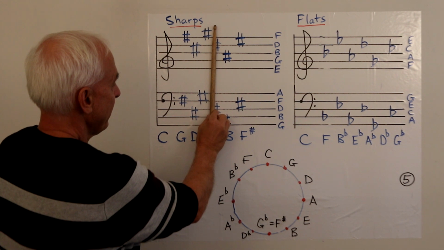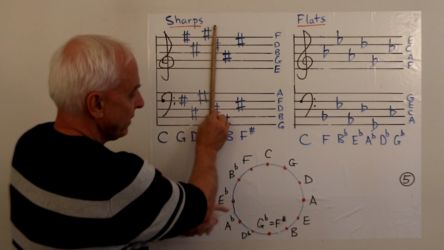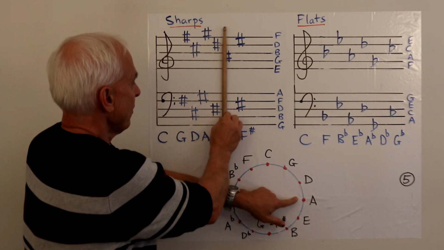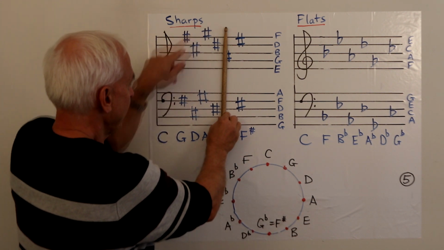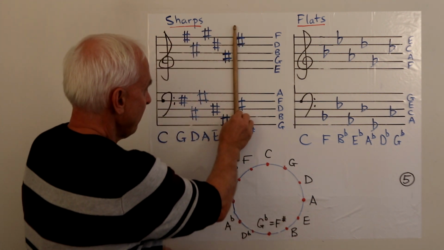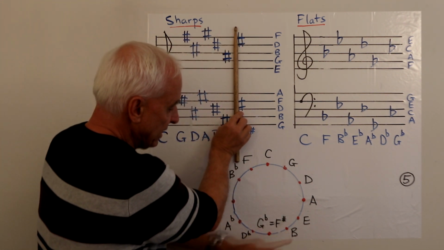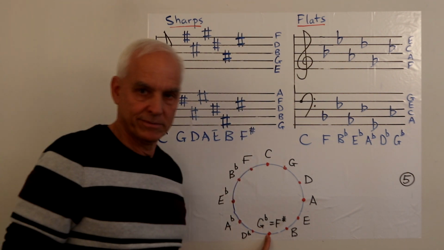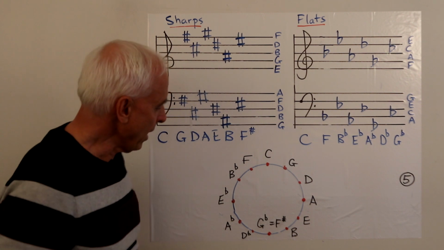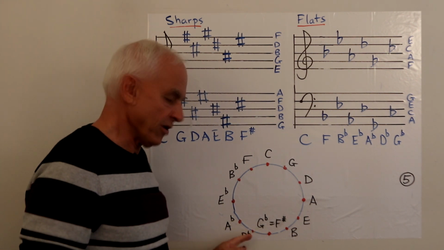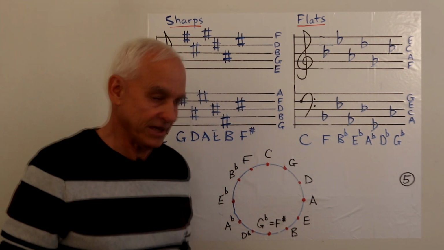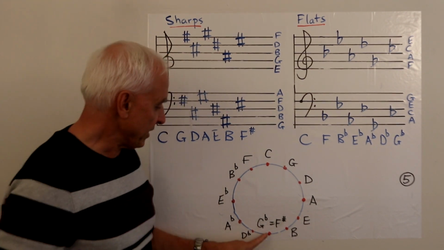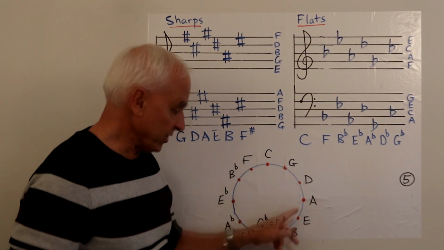One more sharp, 3 sharps. That's the A scale. One more, 4 sharps, that's the E scale. 5 sharps, that's the B scale. And 6 sharps, well, that's F sharp. And typically, that's as far as we go. But there is an important, interesting exception, which I'll tell you about some other time. But typically, that's as far as we go with the sharps.